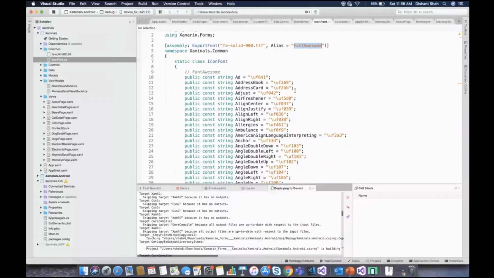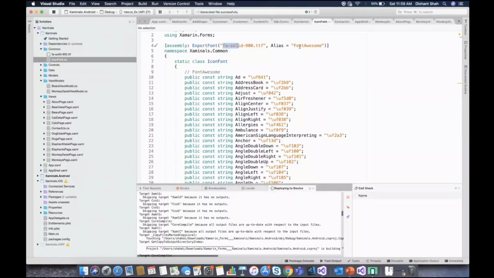As I mentioned, this is not a new feature which is part of 4.6. You can do this in 4.5 as well. But what was happening is, suppose you have set your alias to font awesome, and now if you refer to this alias in your Android and iOS project, it will work only for Android but not on iOS, because in older versions of Xamarin Forms, iOS was still expecting a font name, not the alias name.